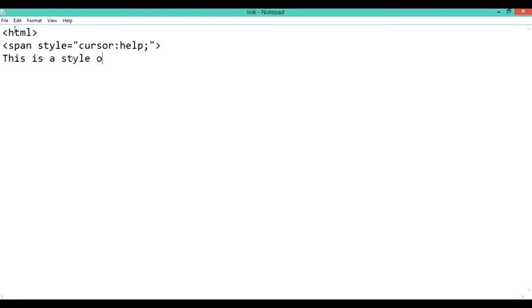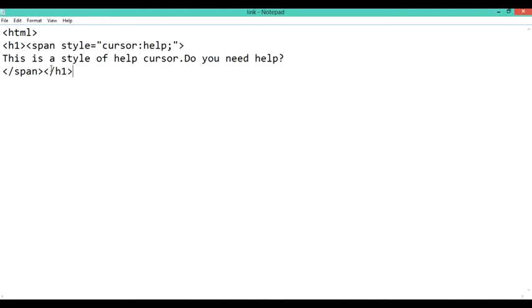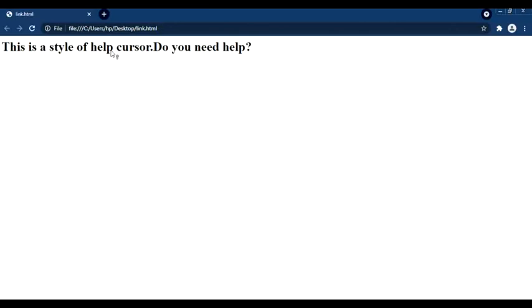This is a type of help cursor in which, if you need any help, it will be displayed at that particular place where you need help. Whenever you hover over that help part, the cursor will be shown with a question mark. Whenever I execute this code after closing the HTML tag, and hover the mouse pointer over a text, the cursor will be displayed as a question mark along with the normal cursor. As you can see, I've executed it, and a question mark is visible whenever I move the mouse pointer.